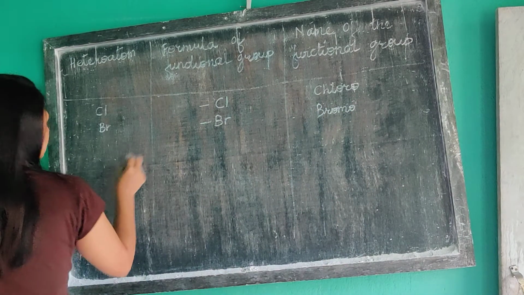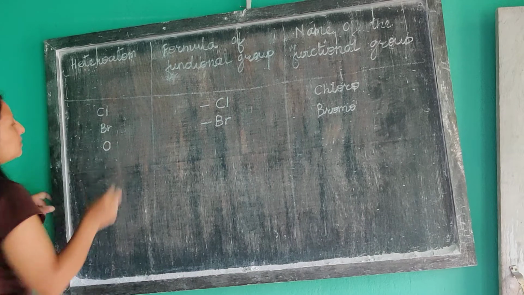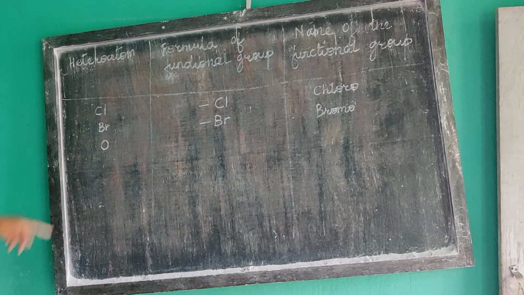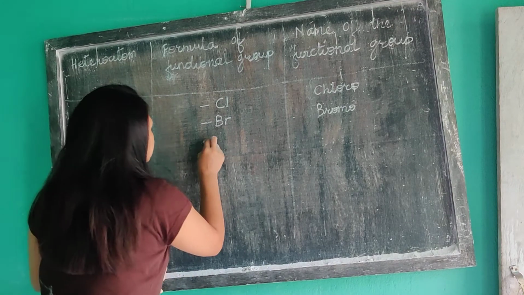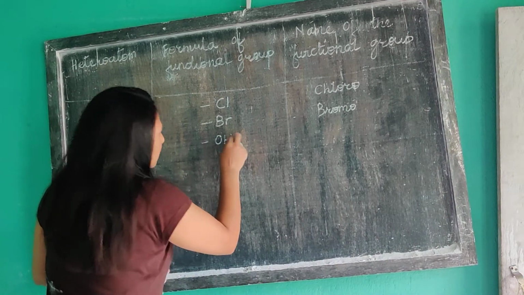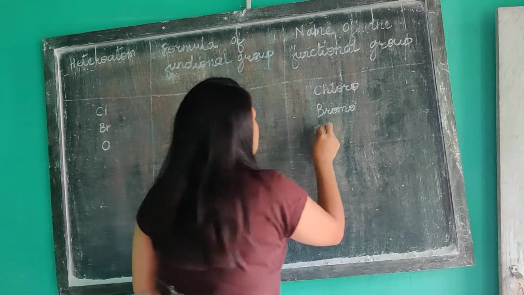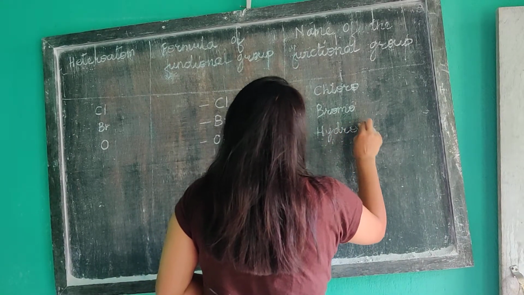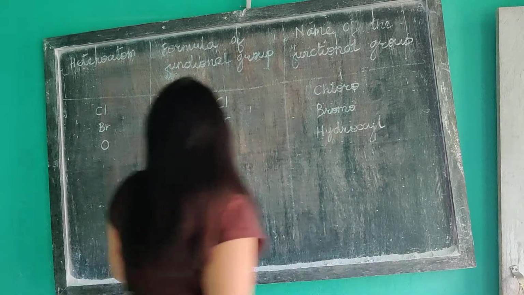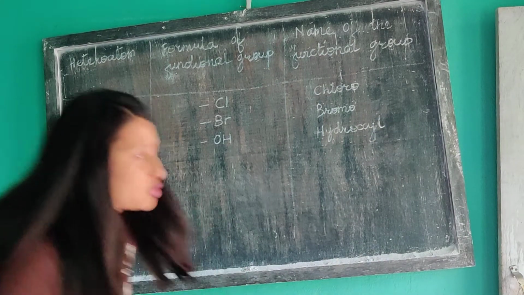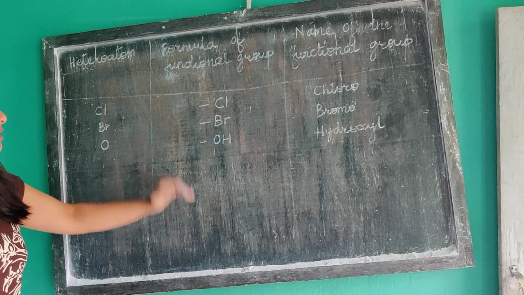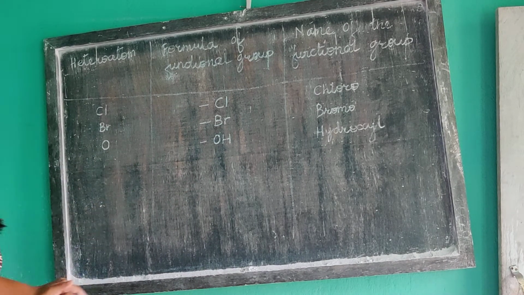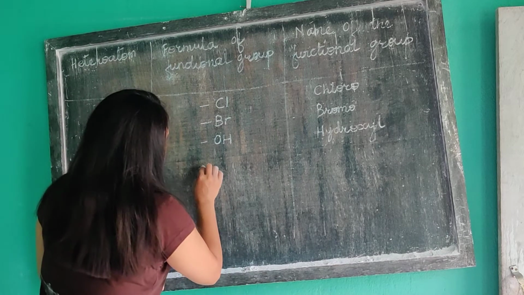Next heteroatom that is present in carbon compound is oxygen, and OH. As we already studied, this is hydroxyl. Name of the functional group is hydroxyl group. So here the heteroatom is oxygen. Now there are several other functional groups that contain oxygen as the heteroatom. One is